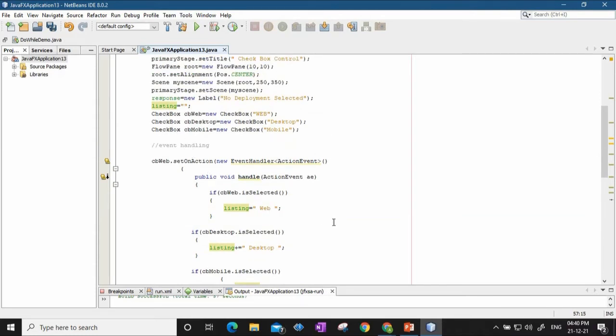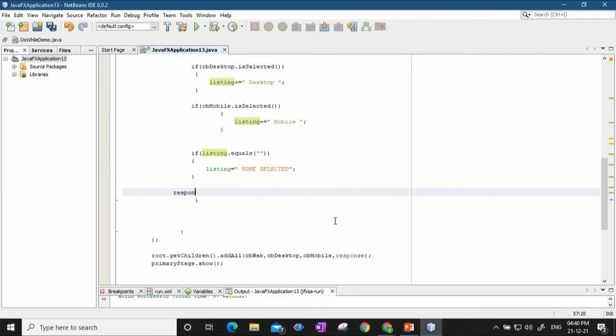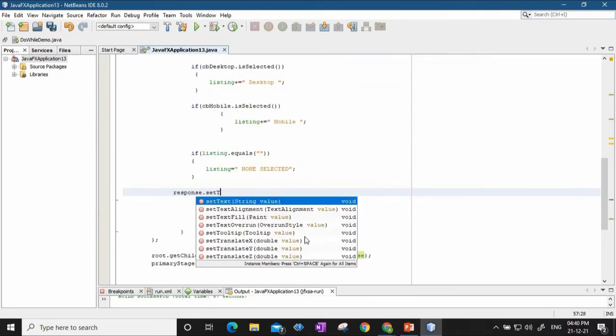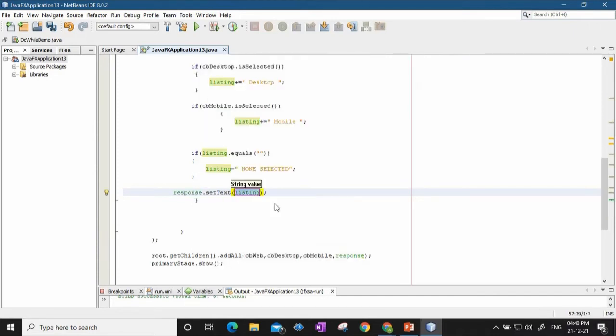So I will say response dot set text, response dot set text, and the text is, I'll say target select list is, and I'll write plus listing.